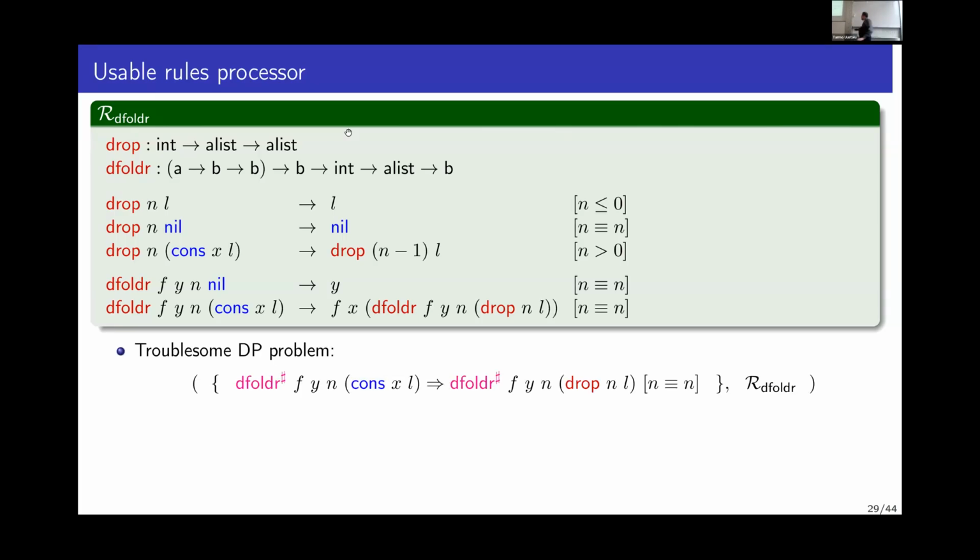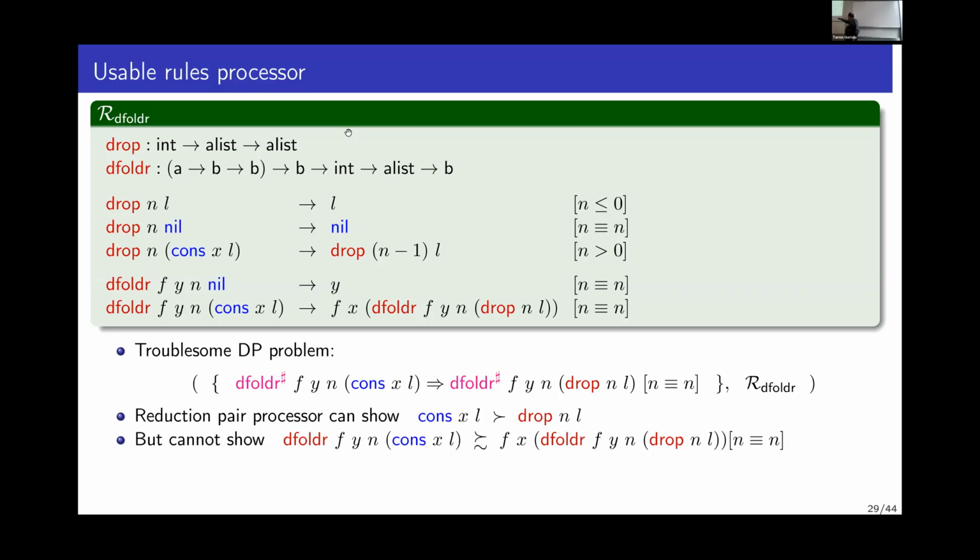So the troublesome DP problem here has a dependency pair where in the last argument we have cons of XL, so we have a list that is not empty, and then we drop some elements in the last argument. So there is a powerful processor that can show things like this list is greater than the result of drop NL, but it gets stuck